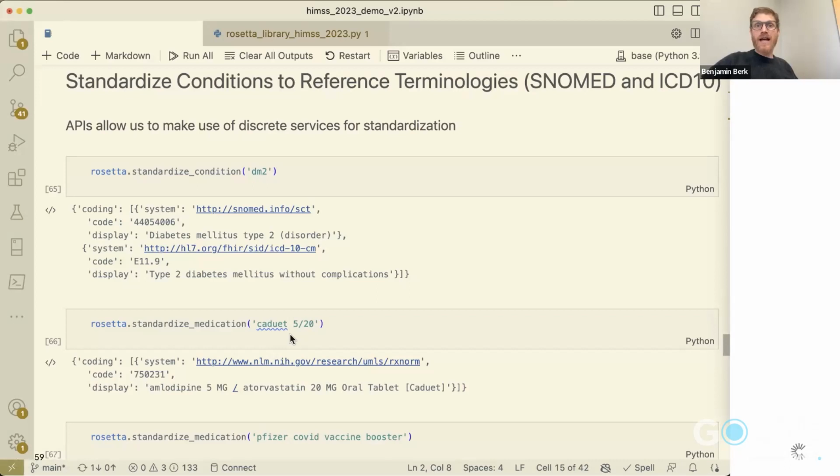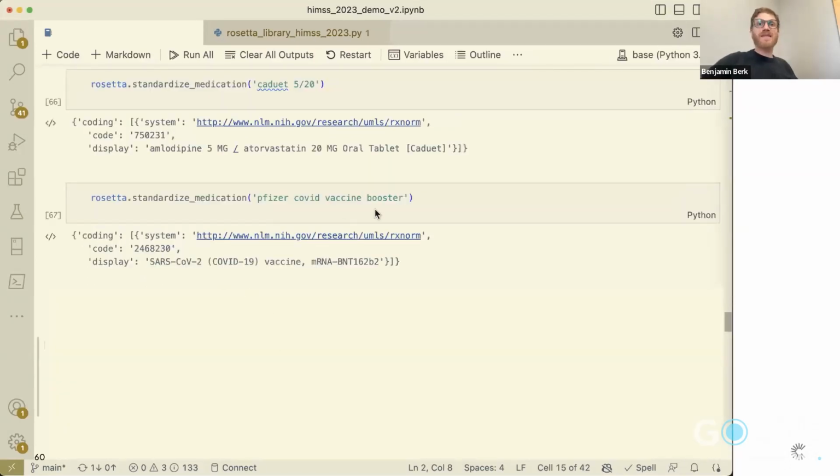So let's say I have Caduet 520. I hit the API. I get back an RxNorm coding here. So I see that this is amlodipine and atorvastatin combination. Okay. I could do the same thing with Pfizer COVID vaccine booster, right? And if I hit the API with that, it standardizes to the RxNorm code for that specific Pfizer vaccine.